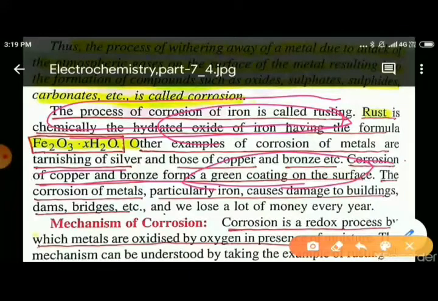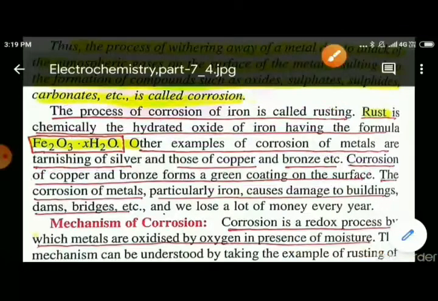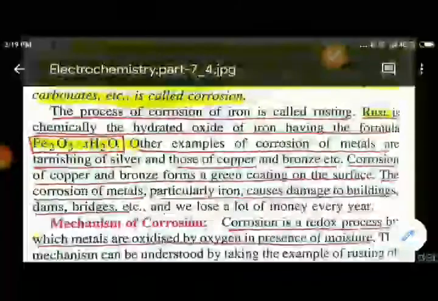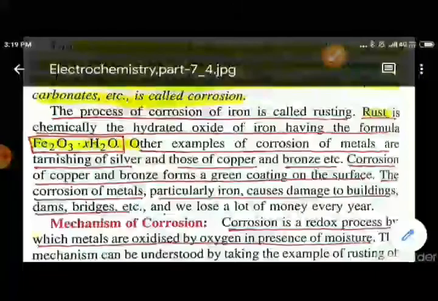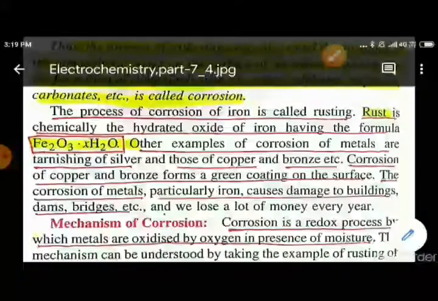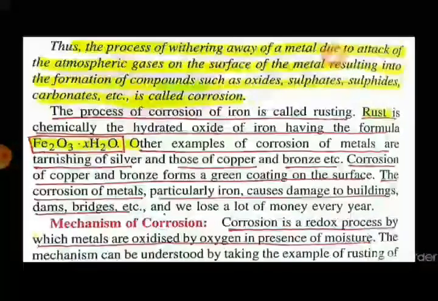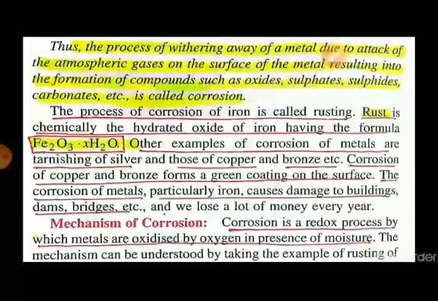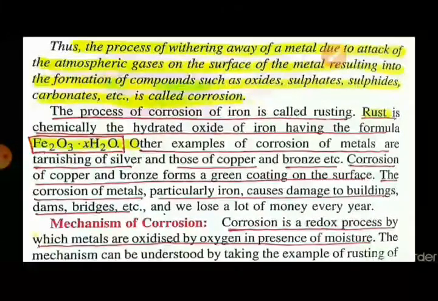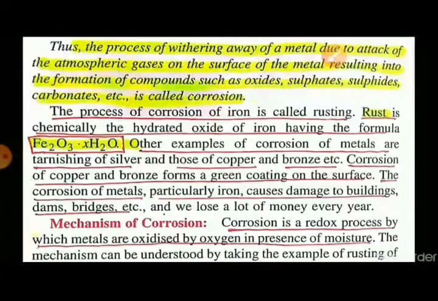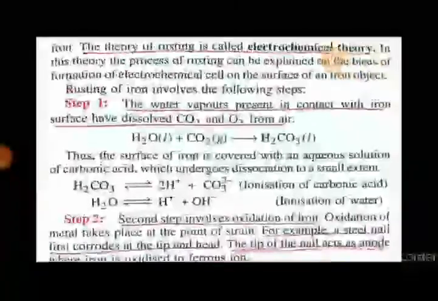after that, we have to know about the mechanism of corrosion. Corrosion is a redox process by which metals are oxidized by oxygen in the presence of moisture. The mechanism can be understood by taking the example of rusting of iron. The theory of